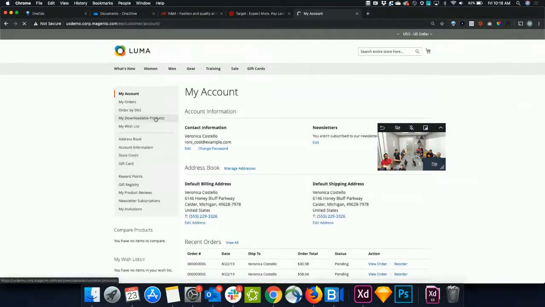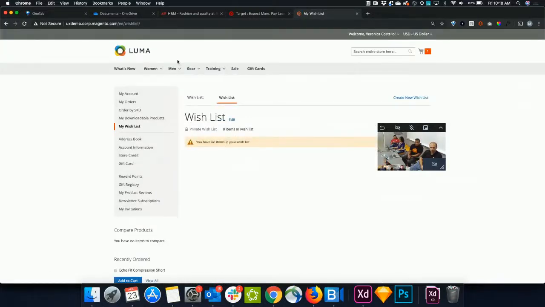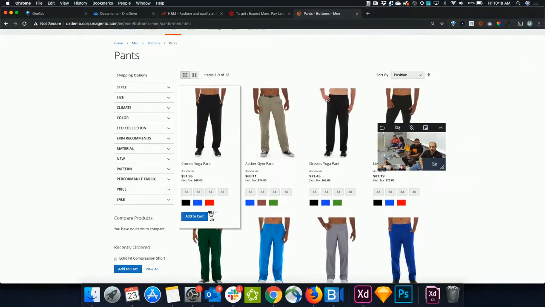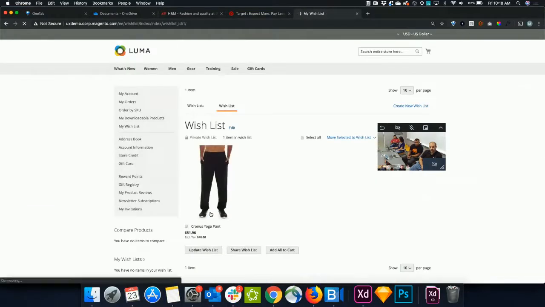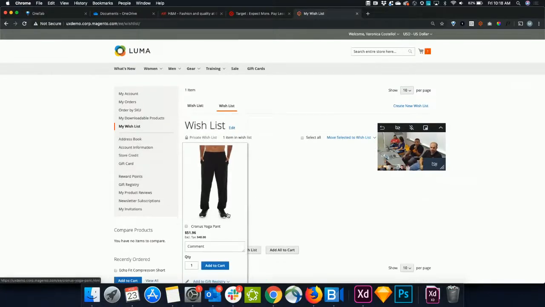Shouldn't say sign in again, that's a glitch, but basically you have my wish list. So right now there are no items, so if we went into one of these, and you click this icon, so it's been added to your wish list. I don't know why it brought me to my wish list. It shouldn't have done that. I mean, Luma has problems, but all I'm trying to say is that once you're signed in, you are able